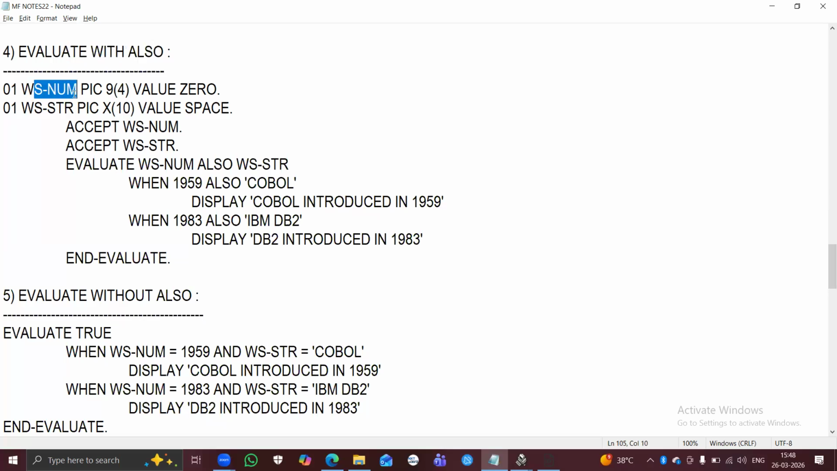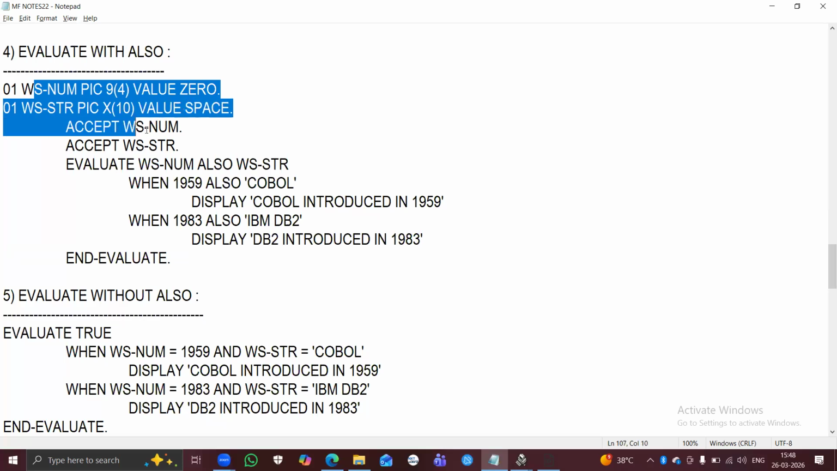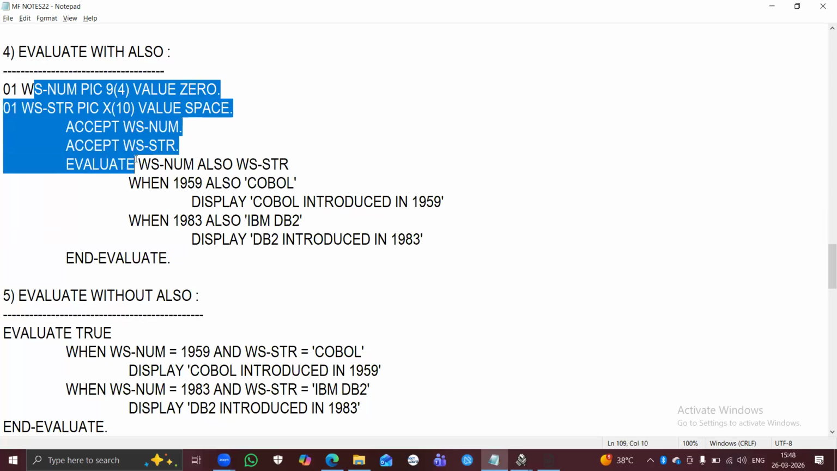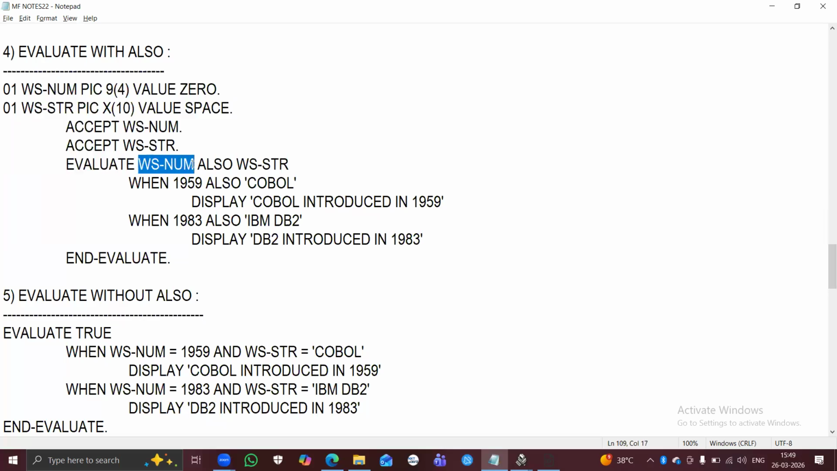Next, evaluate with also. So I'm declaring two variables, num and string. Num is numeric 4 bytes, string is alphanumeric 10 bytes. Accept the two variables num and string. By using evaluate also, evaluate the WS-NUM also WS-STR. Both we are validating at a time. So if it is true,